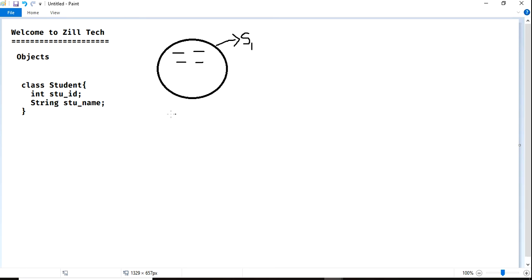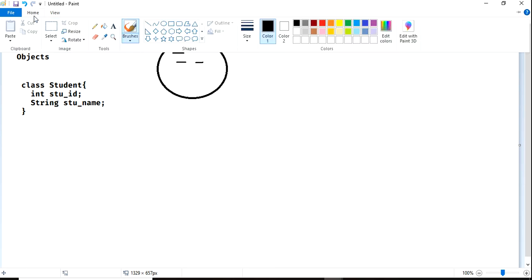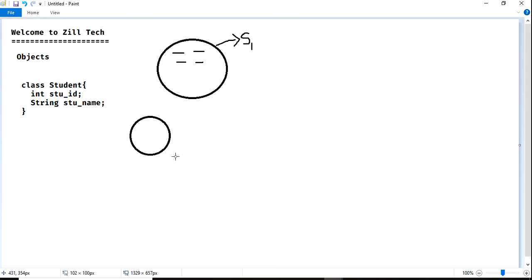If you need another object, we need to load another one. To store another data, you need another Student object. If you need 100, you need to create 100 here. And printing 100 objects at a time is a risky process. You need to write System.out.println(s1), System.out.println(s2), like 100 times. It is a risky process.